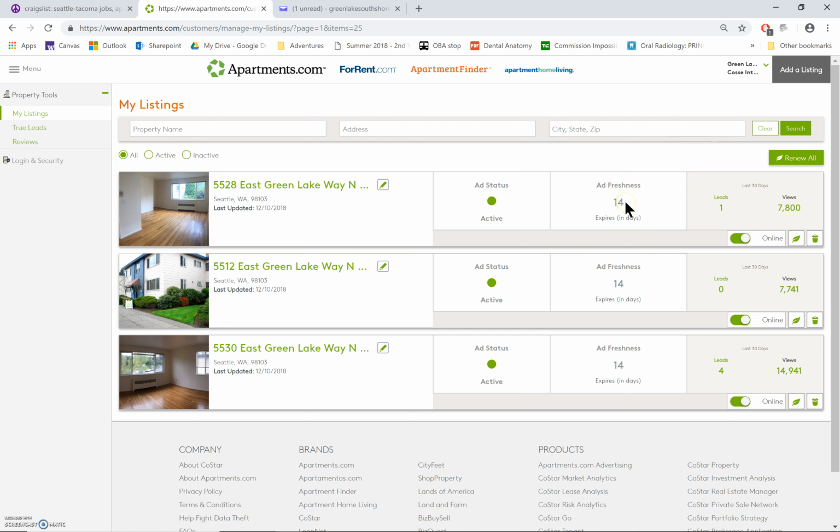And it will tell you your ad freshness. So I try to go in about once a week to refresh the ad, even though it only expires every 21 days, just to make sure the ad stays fresh. And anyway, so that's how that works, and you can go in and